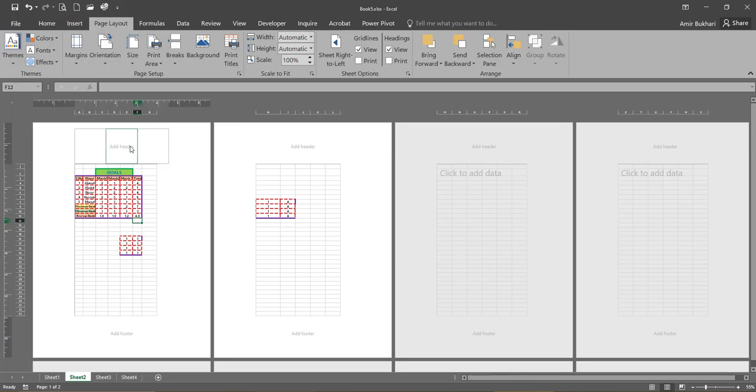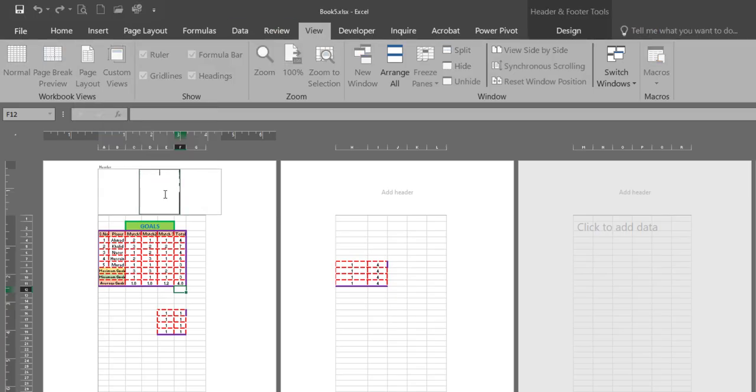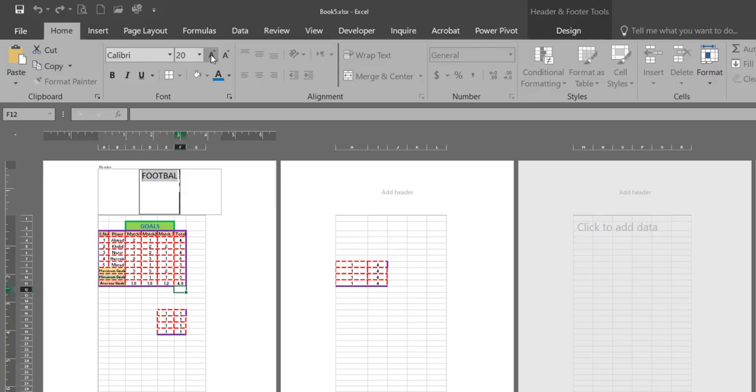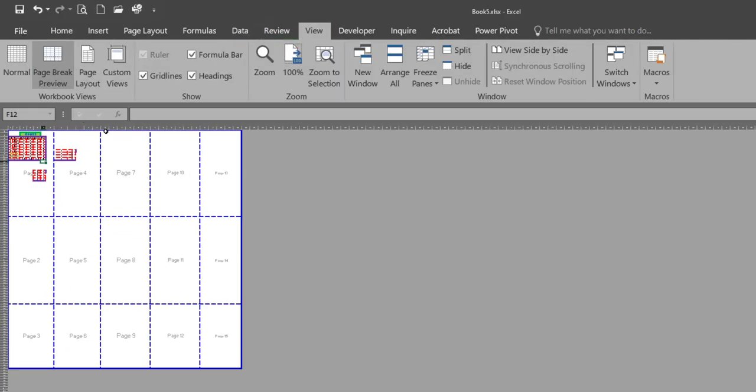Okay, now the last thing, the header and the footer. So if you want to add the header and footer, first option is that you can come to the view tab and select page layout and directly come and type here. Once you type, you can set the fonts as you wish. Right now, if you don't want to do it from here, we still have other options. Like, let's get back to